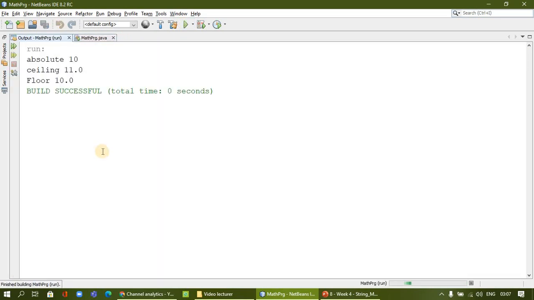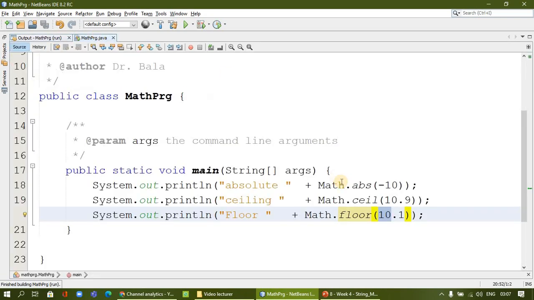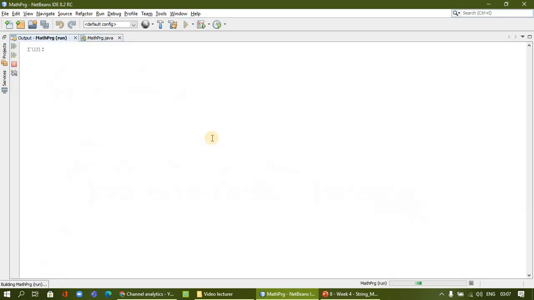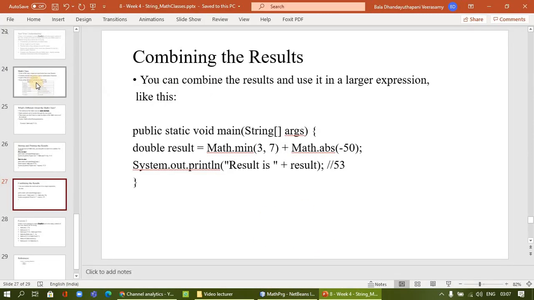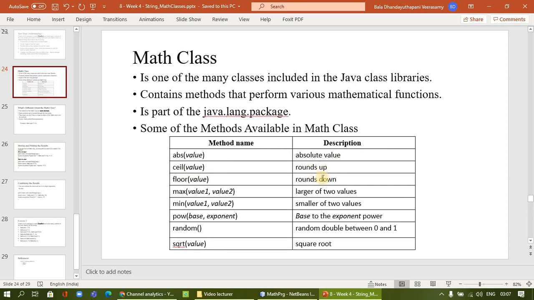It can be 0.1 or 0.9, it will be as it is, 10. Let me give you the value 0.9. So the same 10 will be maintained. This is the down value. So that's the difference between ceiling and floor: round up, round down.